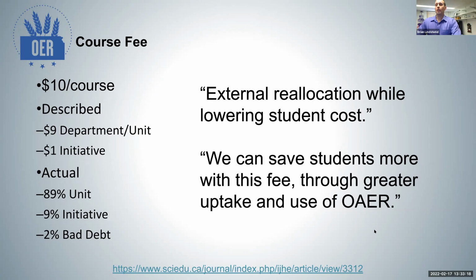The actual is 89% to the unit department, 9% the initiative, and 2% the bad debt. And so that's part of just the nature of how this works at an institution, that not everybody pays. And so that's where the bad debt part comes in. And so as far as when we were going through getting this set up, part of what this was, we